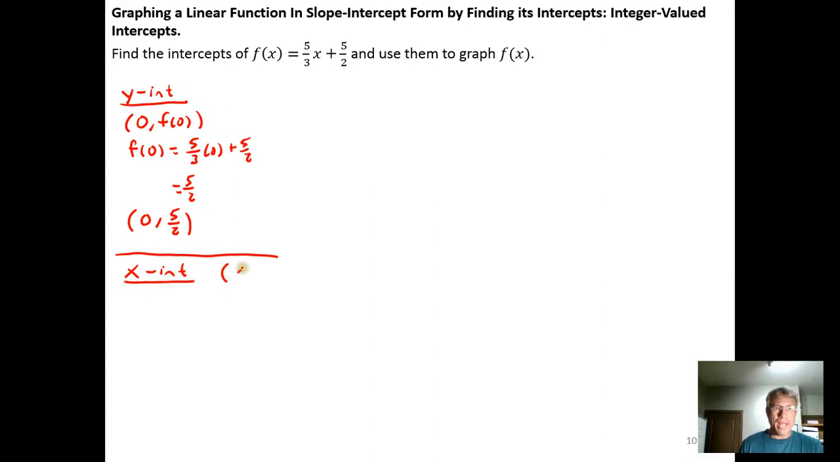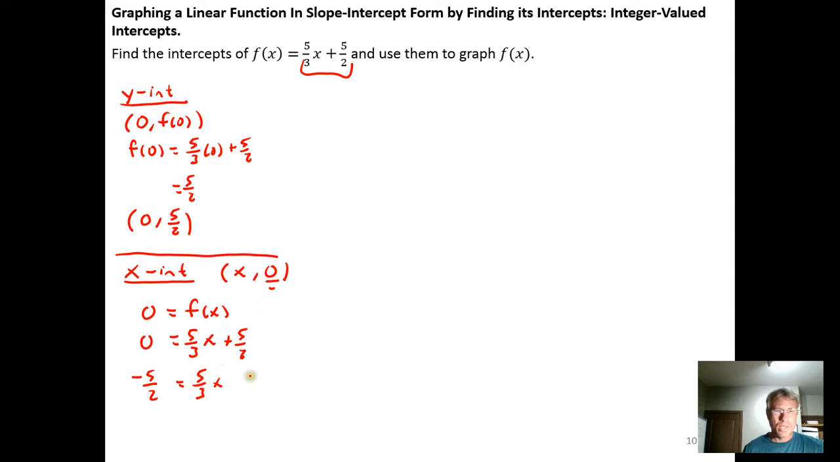we don't know x, but the output of the function is 0. So we're really needing for 0 to equal f of x. So we need 0 to equal the expression that describes the function f of x. So that expression is 5/3 x plus 5/2. So it looks like we need to subtract 5/2 from both sides, which would give us negative 5/2 equaling 5/3